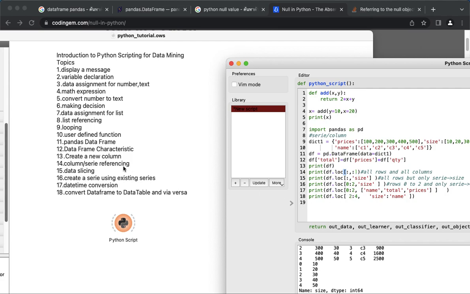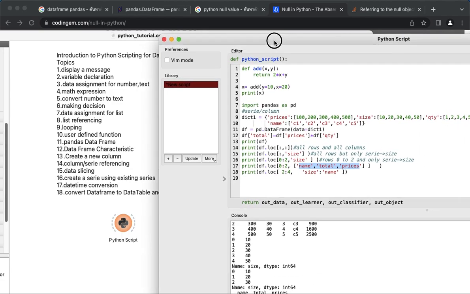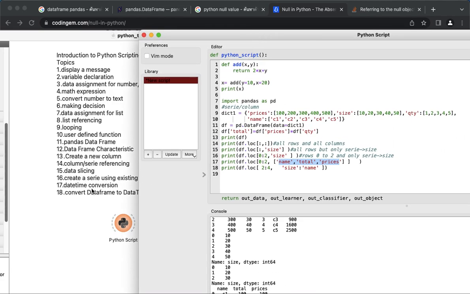Okay, and we have also covered data slicing, where you can slice just part of it, just some columns out of it. Okay, and then next time we are going to go over how data frames support datetime information as well. And then we're gonna use that to convert your datetime into the week, the days, the months and the